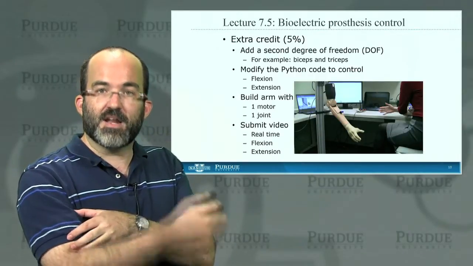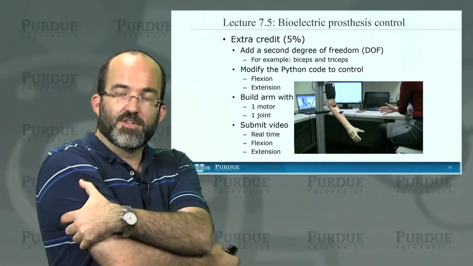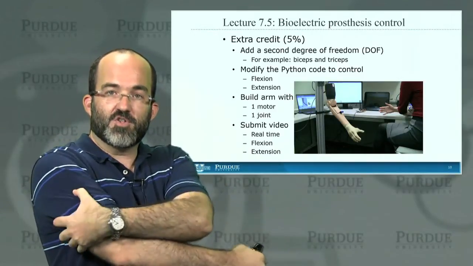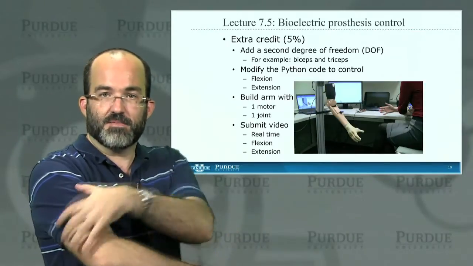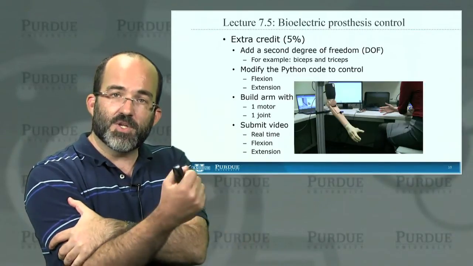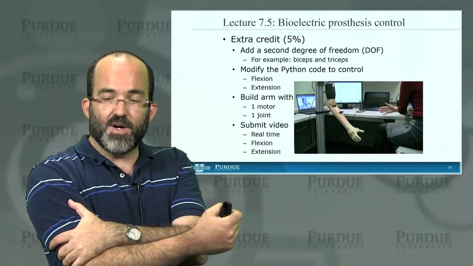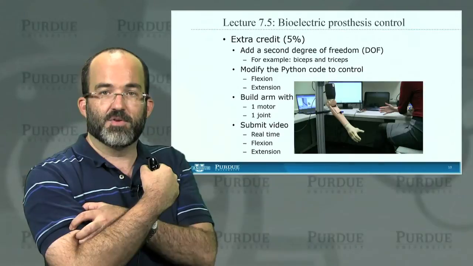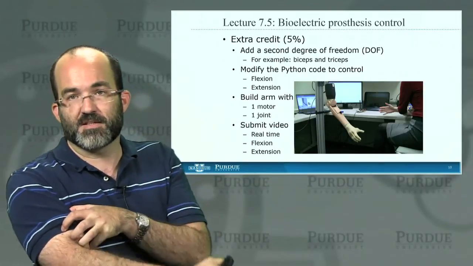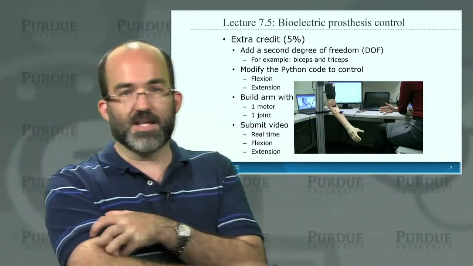But in reality, that's not how your arm works. You also have triceps. So when you want to extend your arm, you contract your extensors. And when you want to flex your arm, you contract your flexors, biceps and triceps, right? So what we've done so far is a single degree of freedom. It's just the bicep. So when you flex the bicep, it contracts. And when you relax the bicep, it assumes you're flexing the tricep and it extends. So you would get that nice motion.